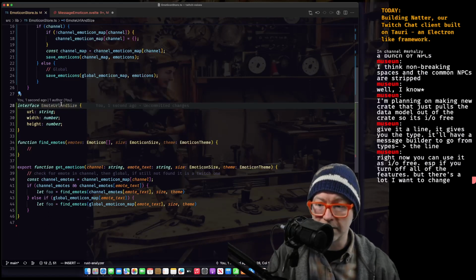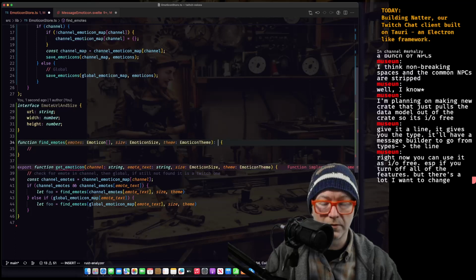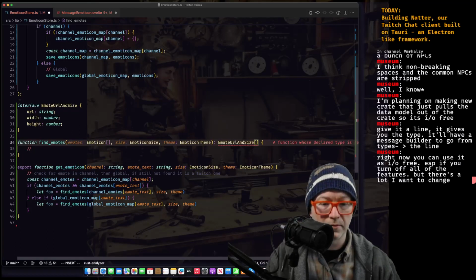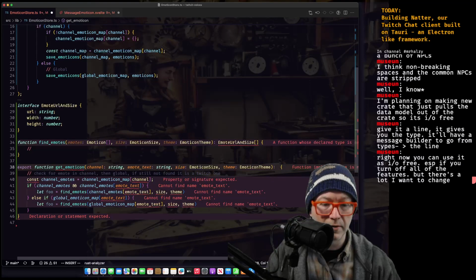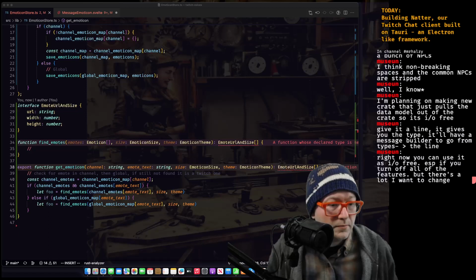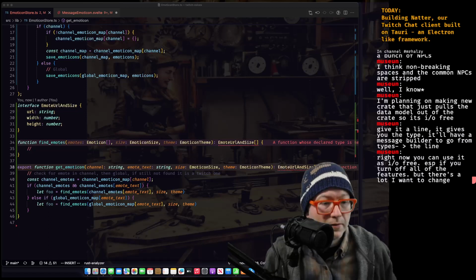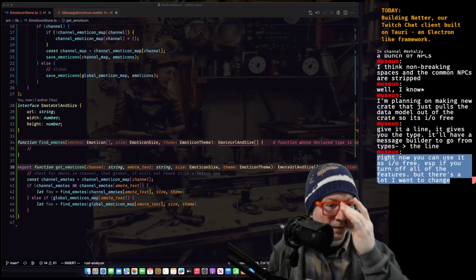Emote URL and size. And this would do the same thing. Yeah, this is how I'm using it right now.